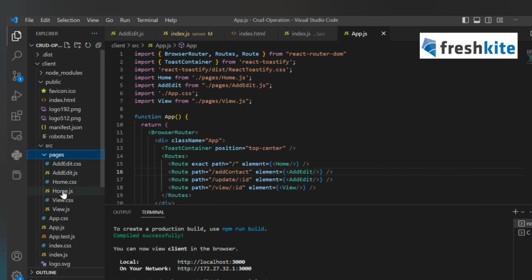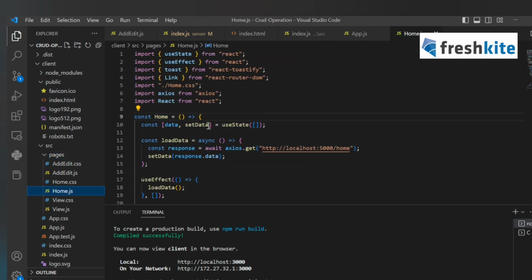Let's go to home.js. In home.js, the home function will get called. First we have a state variable. The purpose of a state variable in a functional component is that whenever a state variable is changed, the component